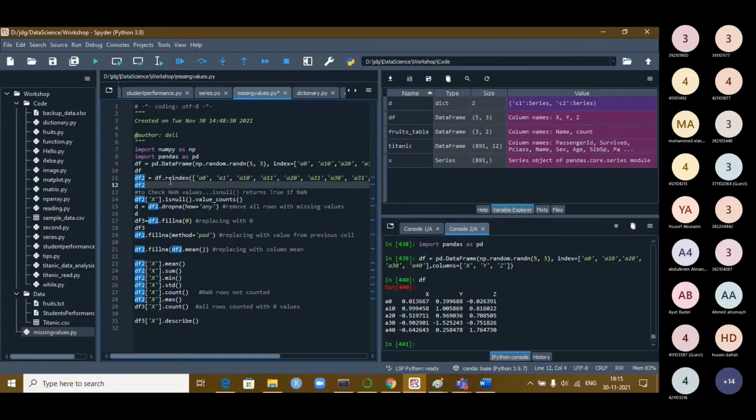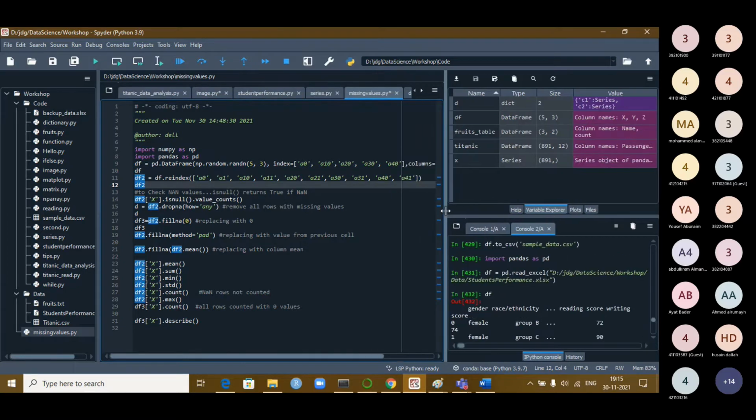There is a function called reindex which is available. To change the indices, if you want to reindex it, that means you want to give new indices to the existing data frame. How do you give it? For that you use the function. Okay, let us do it. df.reindex. I'm adding some extra rows: A0, A1, A10. Already some are available. I'm adding some extra rows. So you see A0, A1, A10. In between that I'm inserting extra indices. That means empty rows are created. So A1, like that. These are all available.